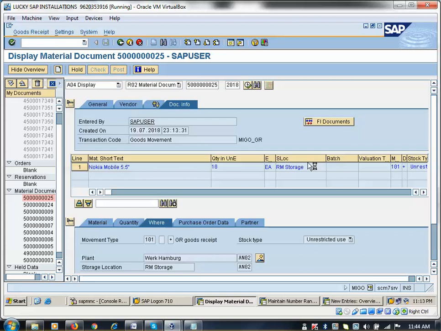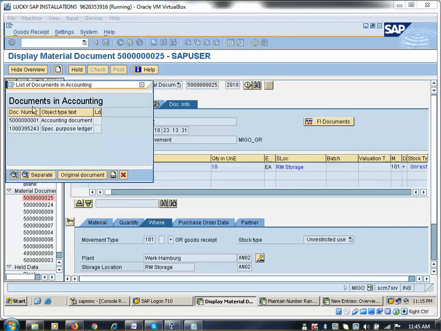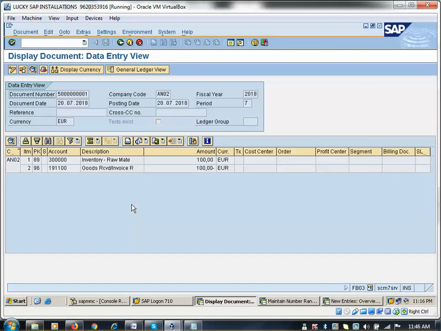Okay, so now here I am displaying that one. But the release process is the same across SAP: development, test and production. The TR will be moved by the Basis team. You see now the inventory raw material account is debited, GRIR is credited. When you deposit cash to your bank, the bank account will be debited, our account will be credited. So two transactions. Here also the same. Stock account will be debited, which means stock is updated. GRIR account will be credited.